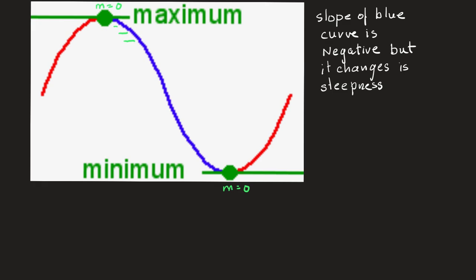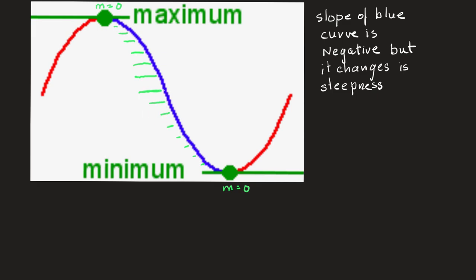and its steepness increases and increases and increases until it comes to a particular point where the steepness is the greatest negative, and then it starts to decrease its negative steepness again. So that's why I'm drawing those little lines shorter and shorter to show that this is getting less steep. And as you can see, it is negative throughout this line, but its steepness changes, and at this particular